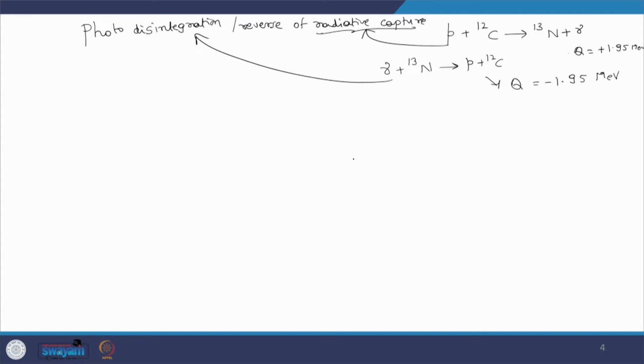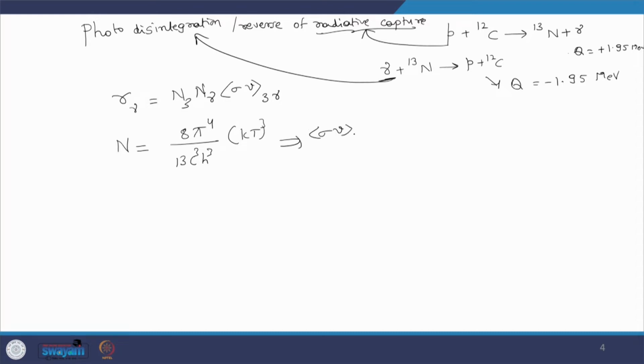Okay? Now, as I have discussed in the previous lecture, at high temperatures the photons have enough energy, of the order of MeV, and they can induce photo-disintegration reactions, and the rate of nuclear reactions induced by gammas can be given as N3 N gamma sigma V 3 gamma. So, if the total reaction rate is like this for the gamma reactions, then the N gamma is represented according to Planck's radiation law, as I have written in the previous class, 8 pi divided by c cube h cube, kT cube, and this makes the ratio of reaction rates 3 gamma